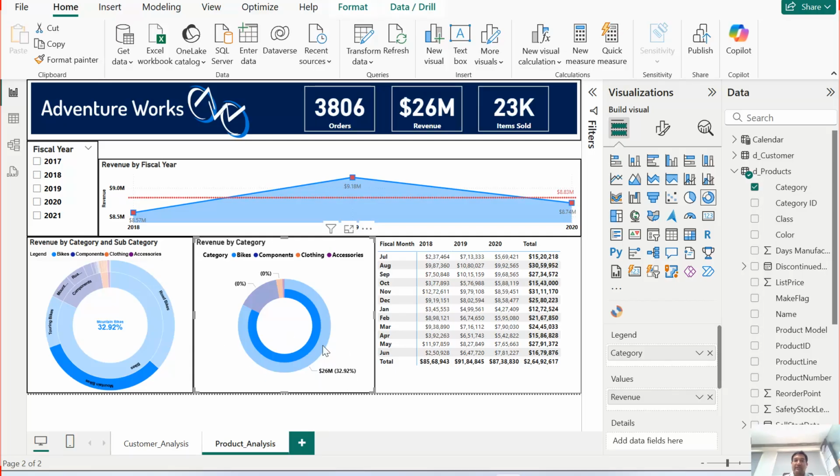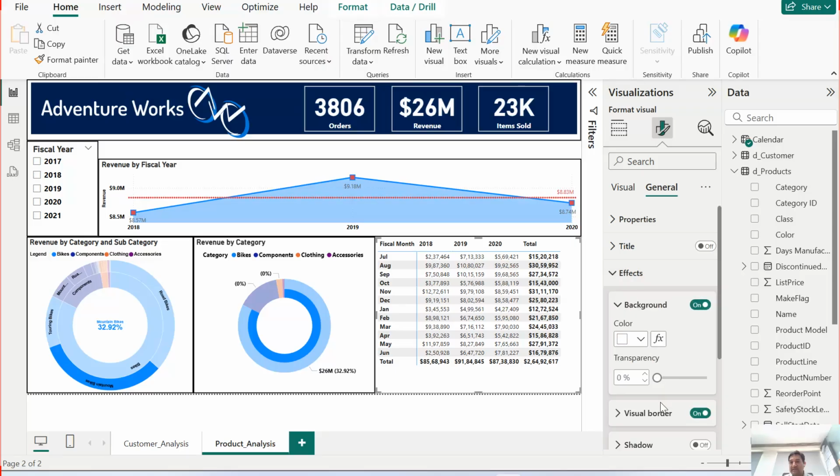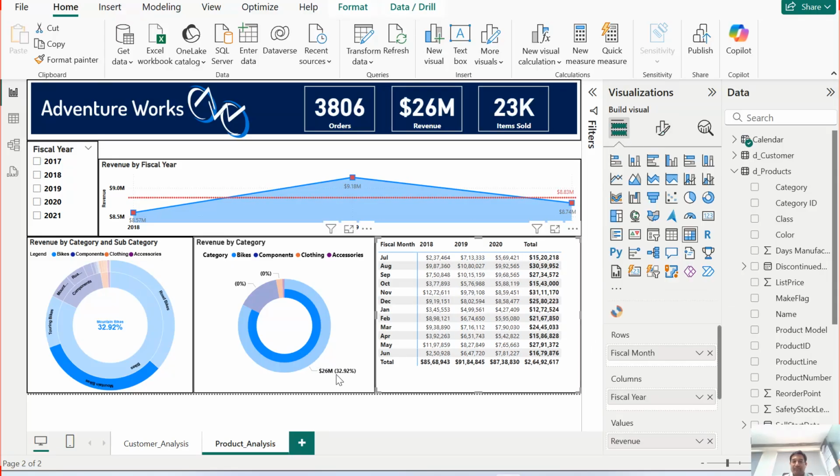Along with that, if you want to see the total generated revenue, you can check out the figures over here, by month and by year, how much revenue is generated. The 626 million is a detailed breakup of the revenue that is generated. Now let me keep this also in the general effect size and visual border, it should be of 2 point. Now if you see,